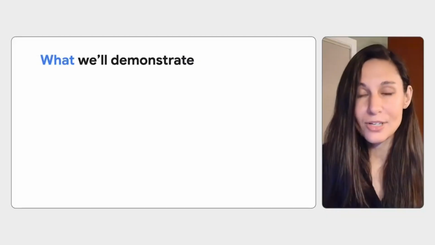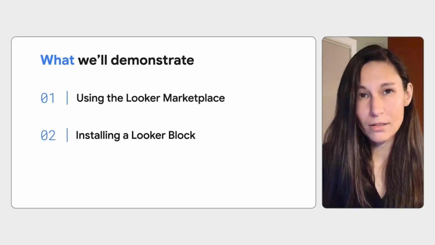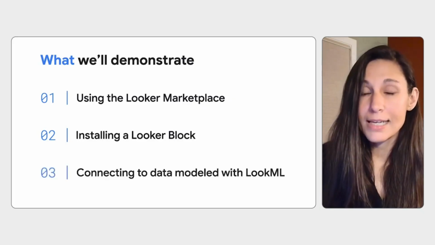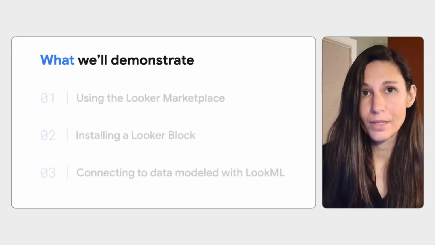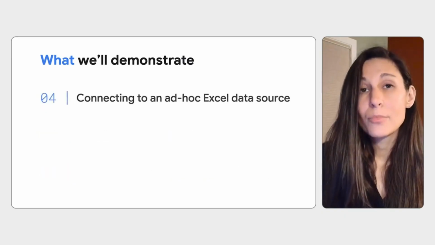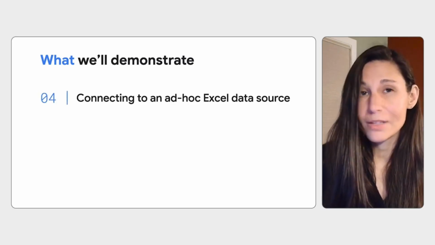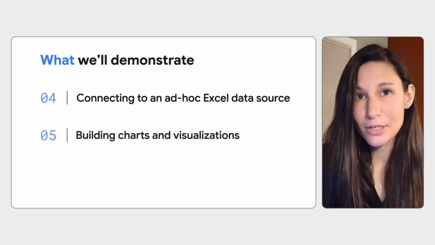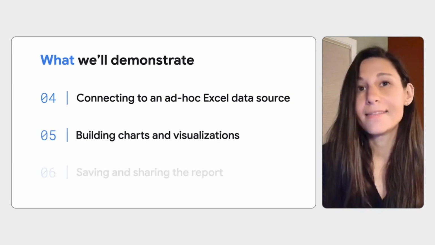What we're going to demonstrate today is using the Looker Marketplace to install a Looker block. Then we're going to use that Looker block to connect data modeled with LookML in Studio in Looker. We're going to then pull ad hoc data from Excel into that report, something you haven't been able to do with Looker before. Then we're going to build charts and visualizations with those two connected sources, and then save and